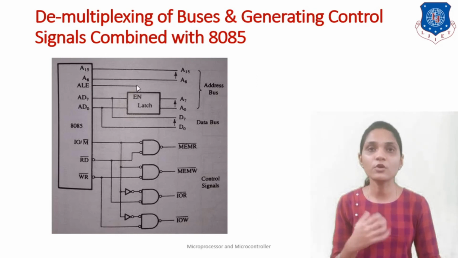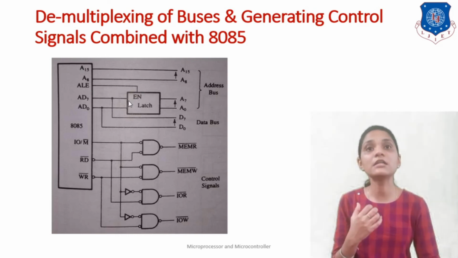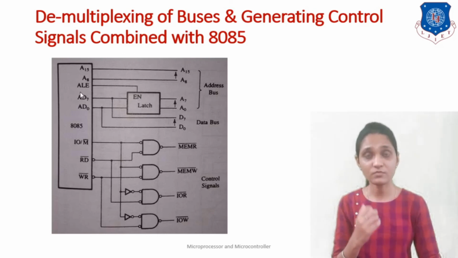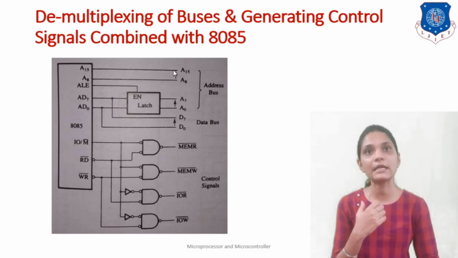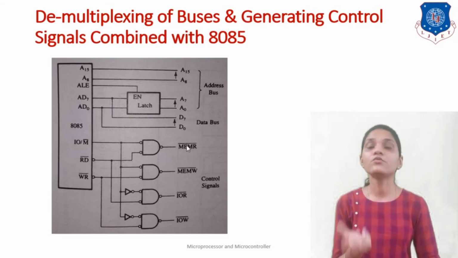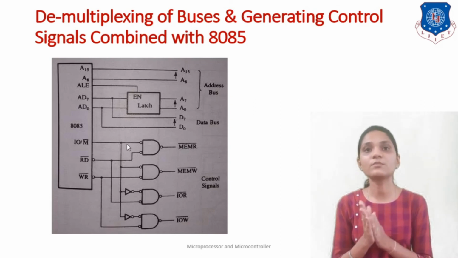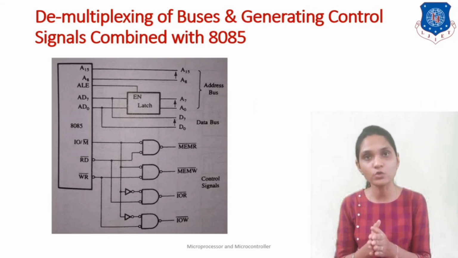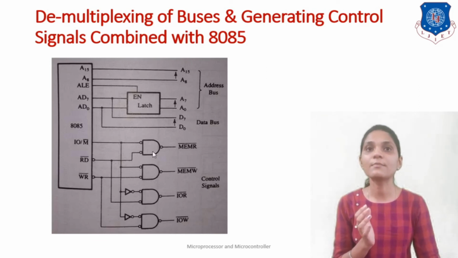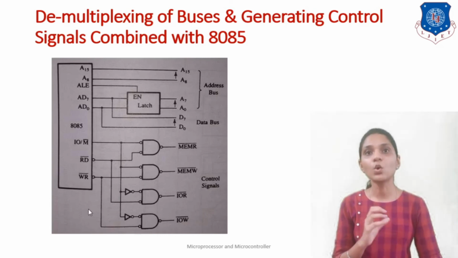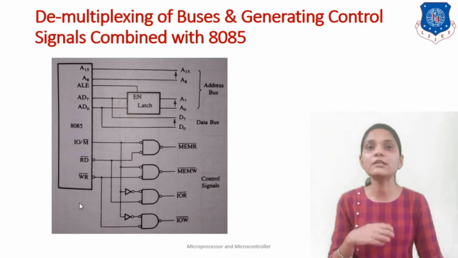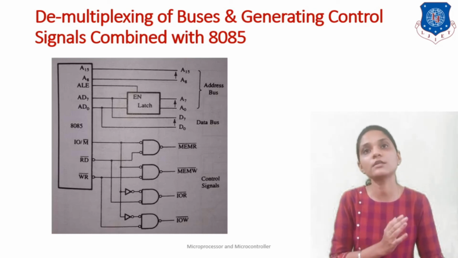So this is the first block that we have seen in the last session, where we are demultiplexing the signal by using this ALE signal. So we are demultiplexing AD0 to AD7, so we will have D0 to D7 over here, A0 to A7 over here, and A8 to A15 over here. So this is our address bus and data bus, and with them we will require some control signals for the memory and for IO, and those signals can be generated by this circuitry, that is your bubble NAND gate circuitry. This is the whole combined circuit for interfacing with another memory or another IO device.